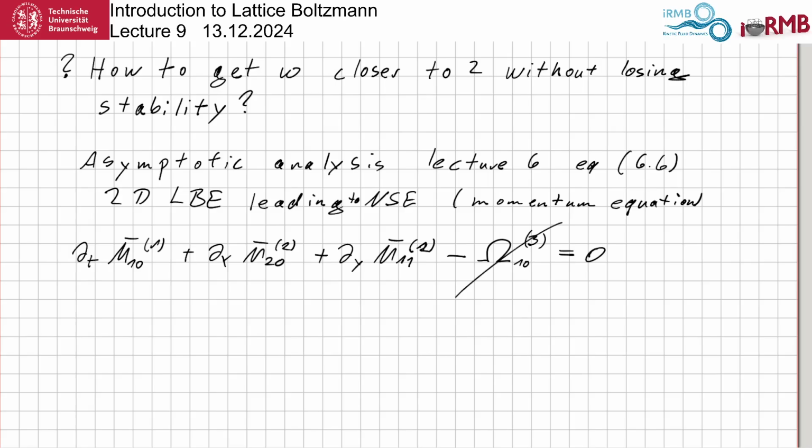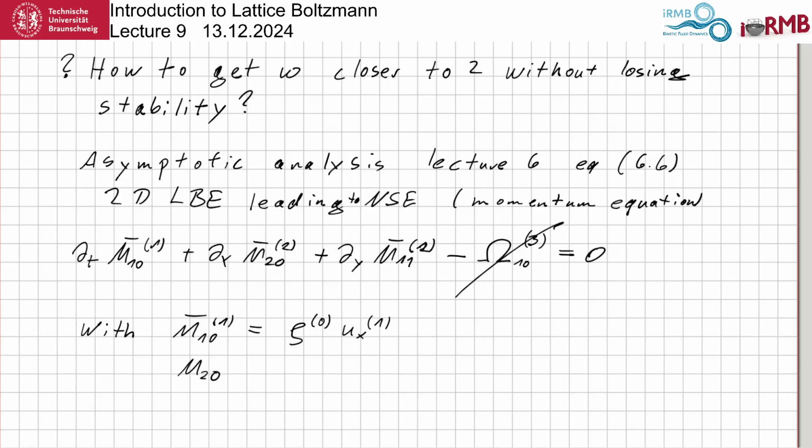Okay, let's today just assume that there is no forcing, because this is not helpful for us now. So we have in this that m10 to the first order is the momentum, rho to the 0 order times the velocity to the first order,